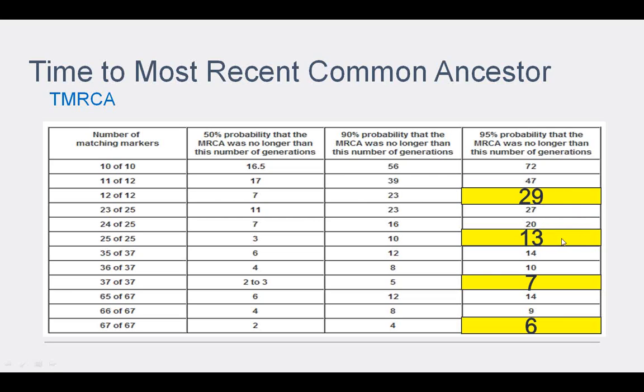The other thing with the 12 and the 25 marker levels is that you could actually have some matches that are really just coincidental matches at those lower marker levels. Basically, the fewer data points that you compare, the more chance that you have for the possibility of just being coincidence. So for example, if you were only to look at one marker, DYS 393, and let's say you have